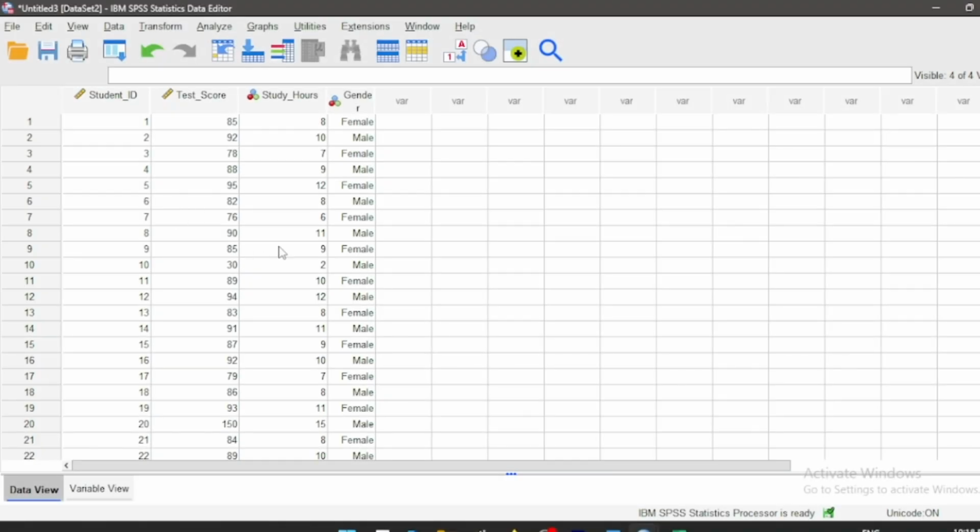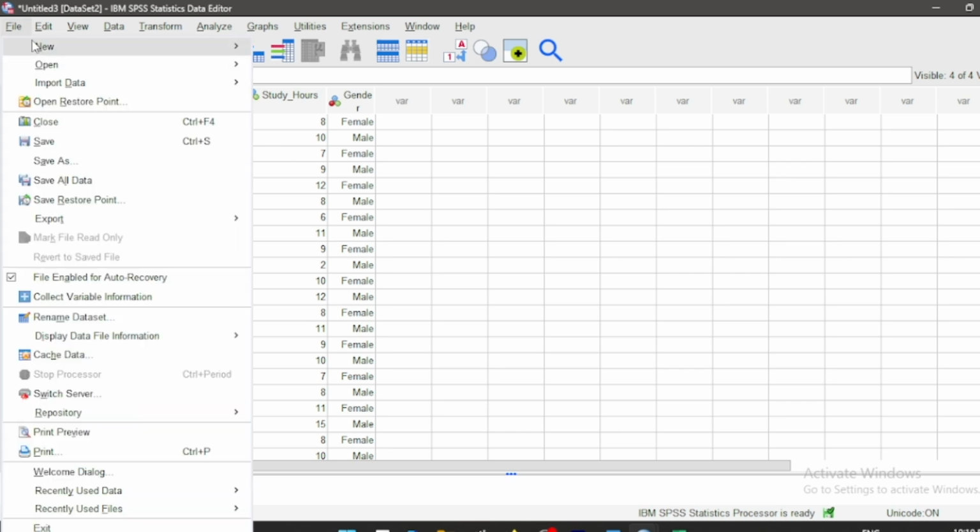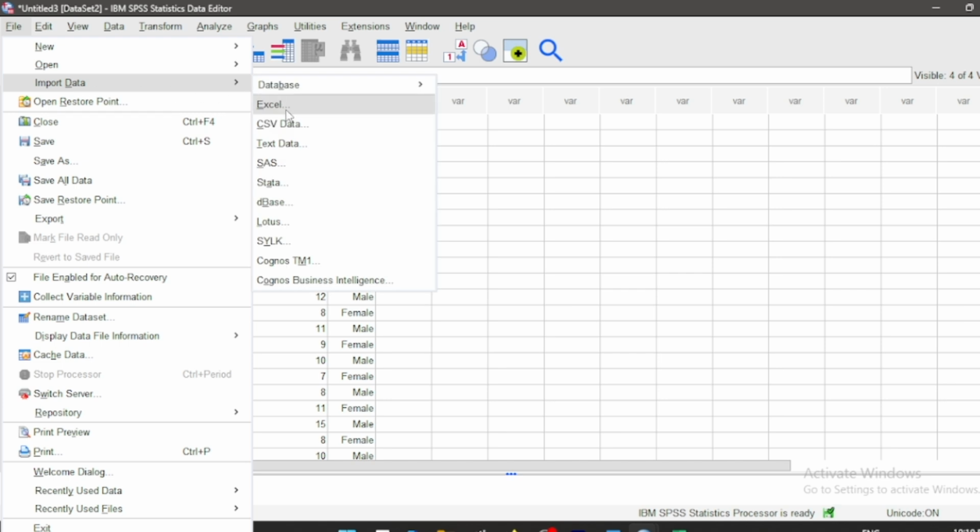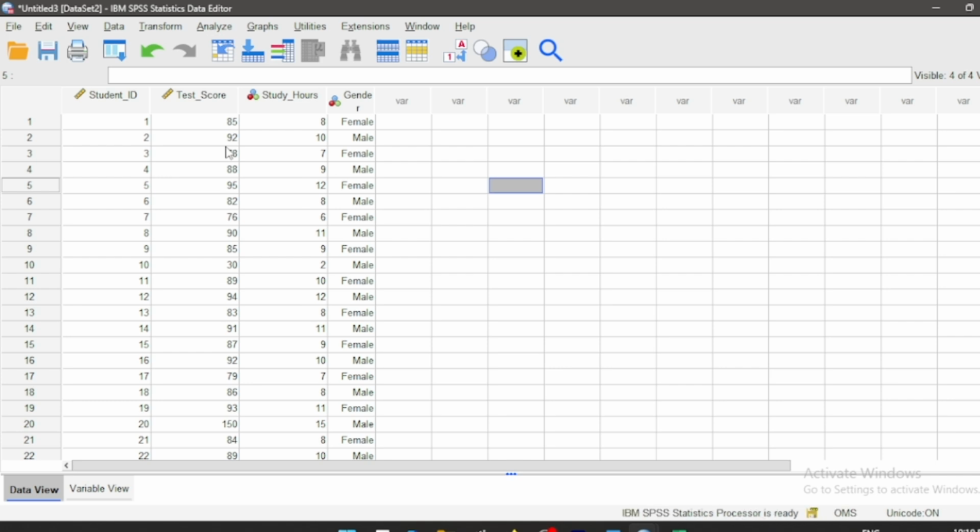Now let's launch SPSS software. I've arranged my data set for the explore function in SPSS. So do well to open up your SPSS software. If you don't already have your data loaded into the data view interface, you can come here under File to import your data either as an Excel format, CSV data format, text data format, or any format that is acceptable in SPSS. Since my data is already loaded in SPSS, the next thing to do is to analyze using